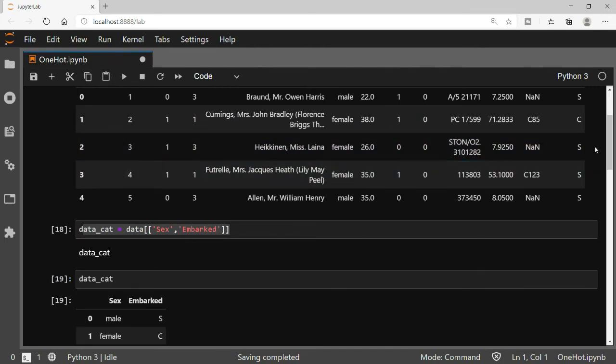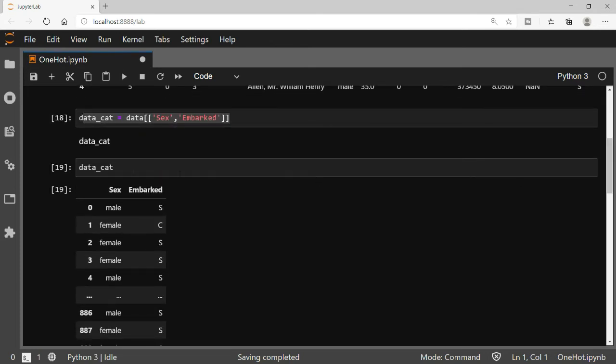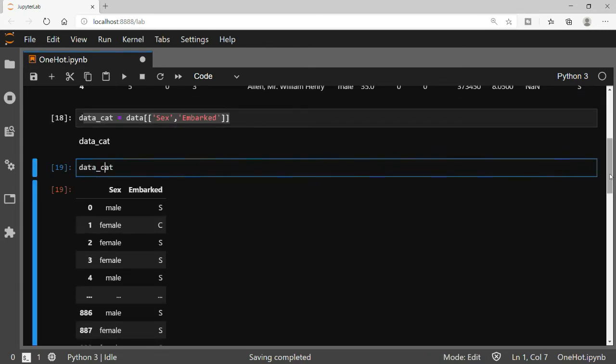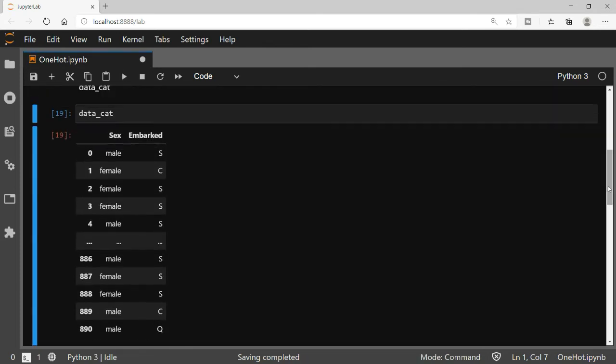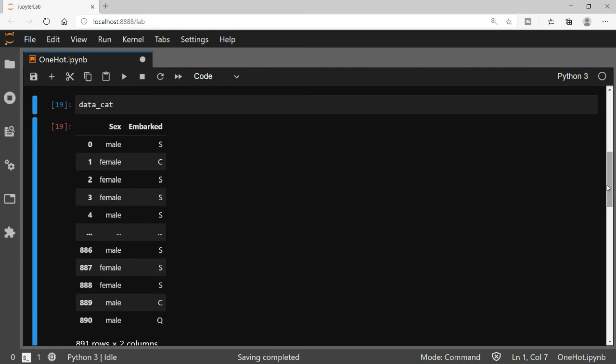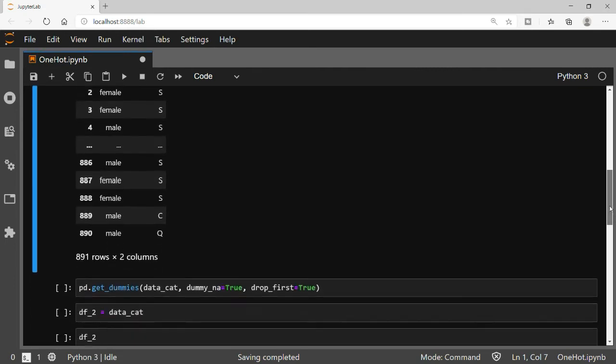I have taken aside my categorical variables, so now you can see that I have taken out sex and embarked. In sex we have male and female, and in embarked we have Southampton. I actually don't remember the names of the cities. Basically, embarked is the name of the city from where a particular passenger boarded the Titanic, right?